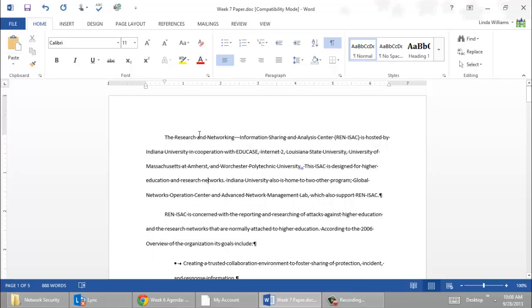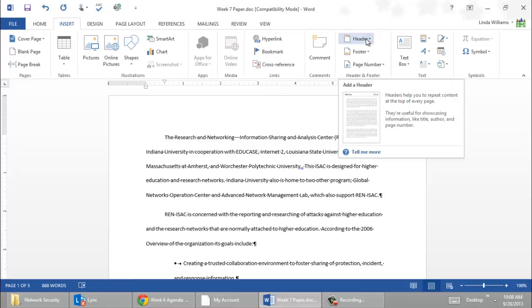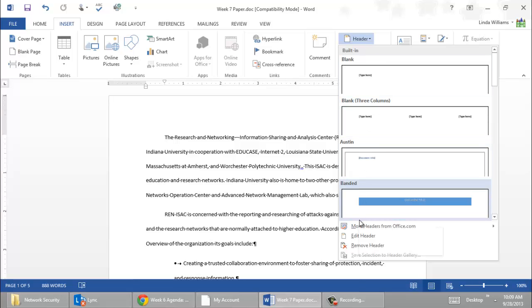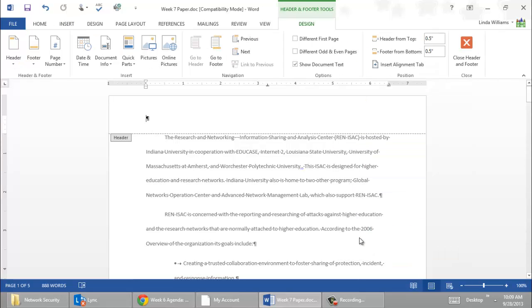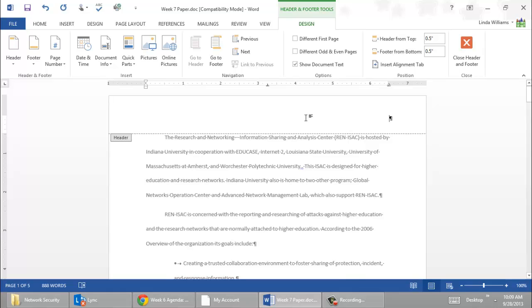You'll need to put a header on. And again, when you go to header, there are all kinds of styles that you can use. So I'm just going to do my insert and my header. And I want to use not any of those styles. I'm just going to go to edit header. That gives you the most control, because normally what you're going to have to do is have in your header your last name and the page number right aligned. So I'm going to go to the Home tab, do my right alignment, go back to my Design tab for the header, type my last name,